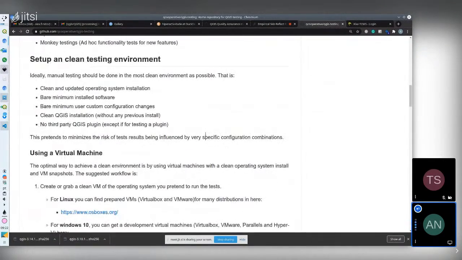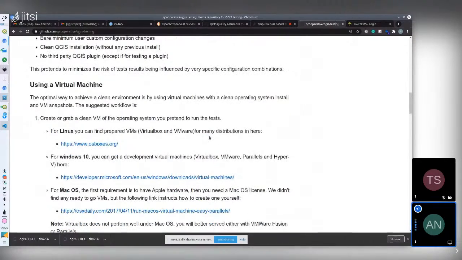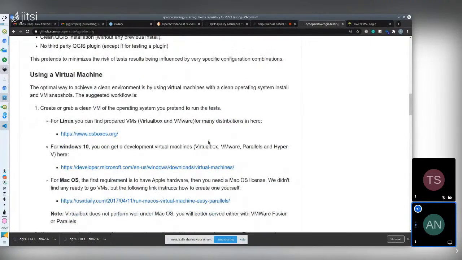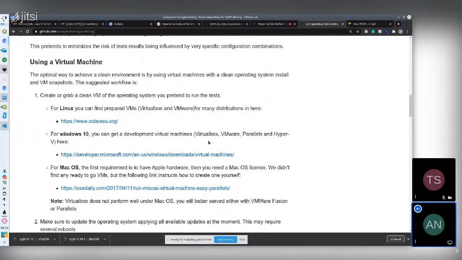And then it goes on to suggest how to create and set up a clean testing environment. The idea is that the tests must be run under clean environments. They cannot run on our everyday machine. Otherwise, it might affect the result of the test, and then we don't know if the problem is really a problem or just a local situation. So we advise using virtual machines to do that, and we also have a suggestion on how to use virtual machines with snapshots to always have a clean environment